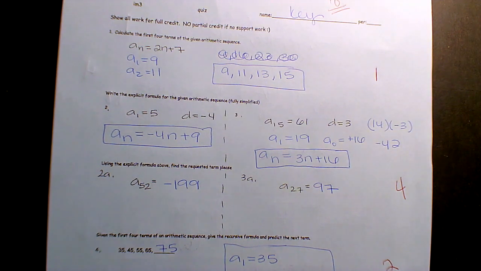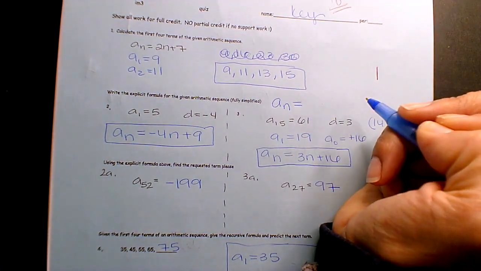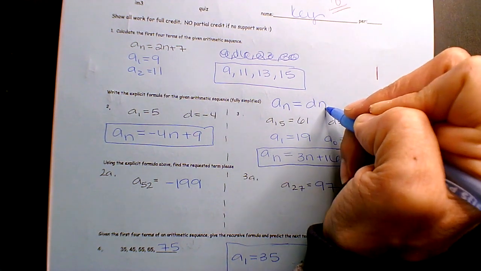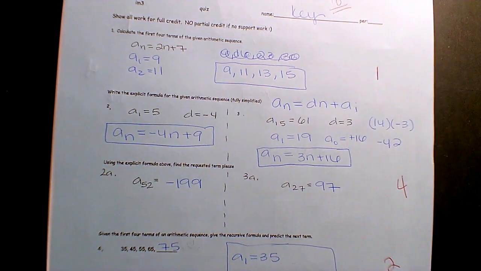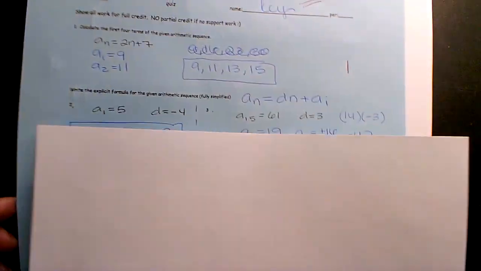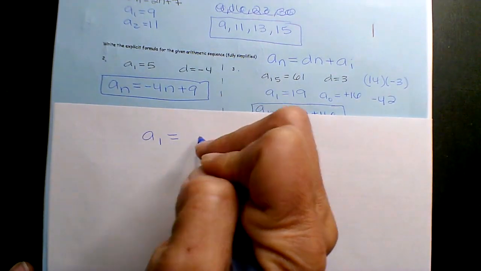So for those of you, you have to know what explicit form is: your common difference and plus your first term. That's an A1, not AI. I don't know why I put the dot for the I. So if they give you the first term, which is 5. Oh, okay, here we go, second one. Hold on, you guys, sorry. I just realized I don't have any space. All right, look, they gave you the first term,